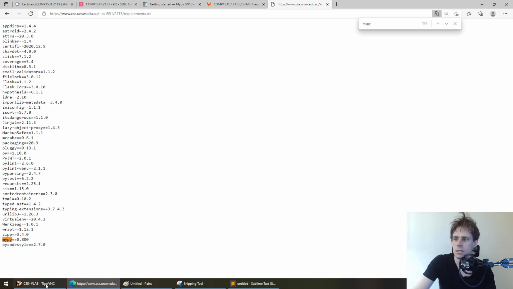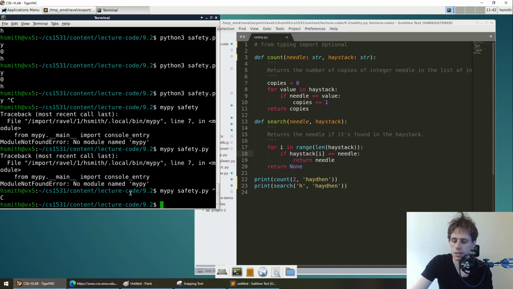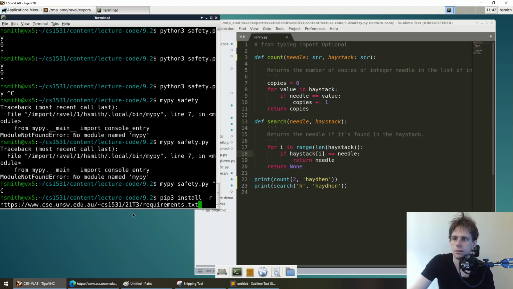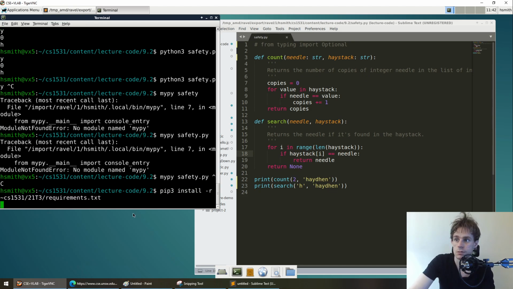So sometimes this is because it wasn't installed. Like if I pip3 install, and then I give it the requirements file, which is sitting on the CSE server. So this is where the pip3 install -r is to install those requirements.